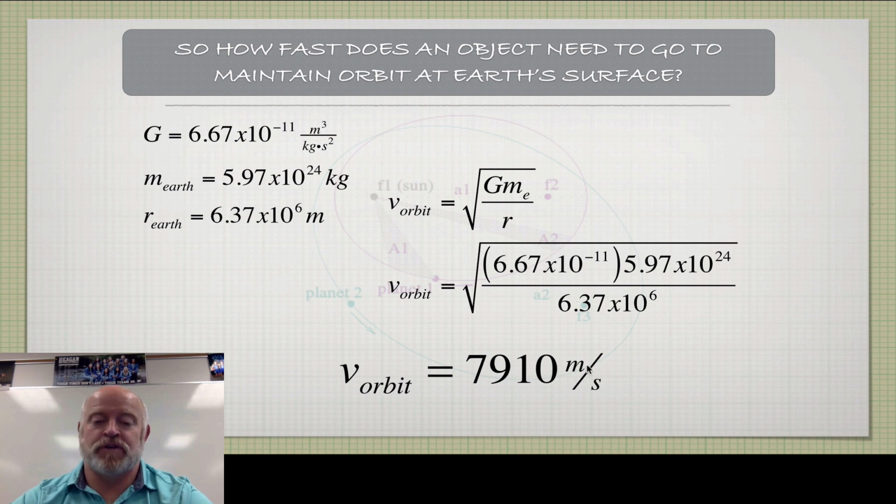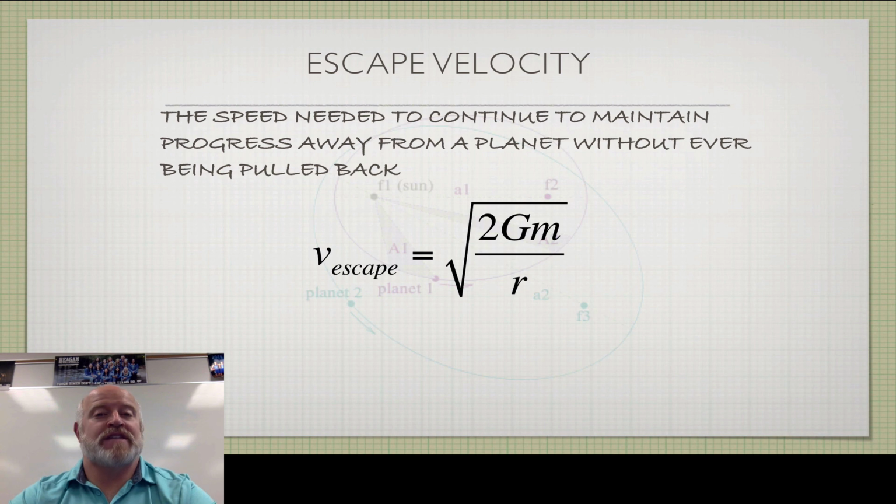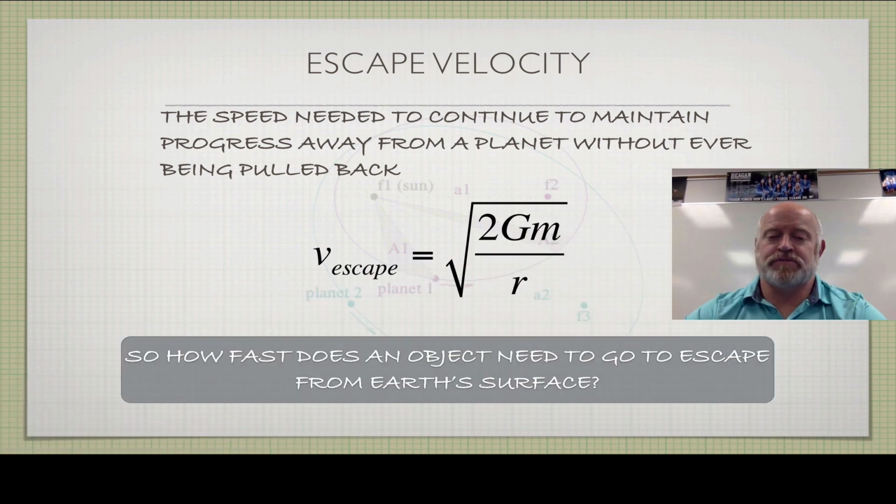Thus the term here, okay? So we know our orbital velocity, so how do we find our escape velocity? Now, escape velocity is that speed where you're going to basically continually progress away from the planet and never be pulled back. You have enough energy, enough speed, enough momentum, enough inertia to not ever come back. You can outpower basically the force of gravity pulling on you from our planet. If you look at our equation,